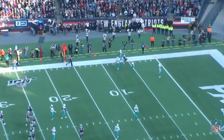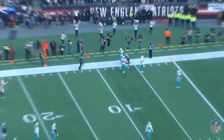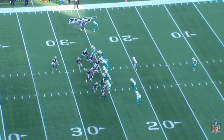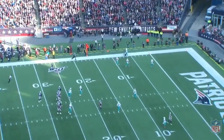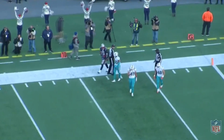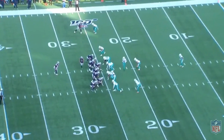Honestly, I'm giving him like 15 targets because I just think that that's what they have to do right now. He's their best receiver, and at the very least, you could potentially hope that he can draw some double teams if you keep forcing it his way, and then make things easier on your other receivers. I still have hope with Sanu. I do feel like he hasn't been the same with his injury as well. They're just kind of banged up right now, but personally, I do think that Harry is the key to them